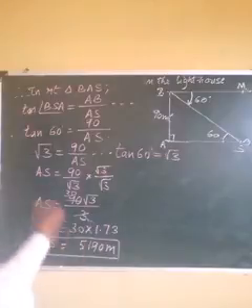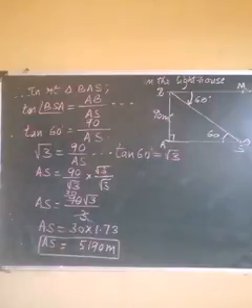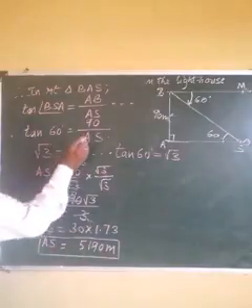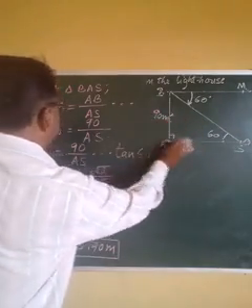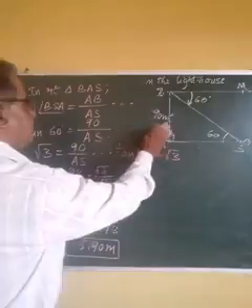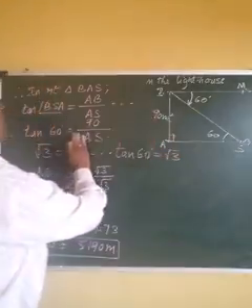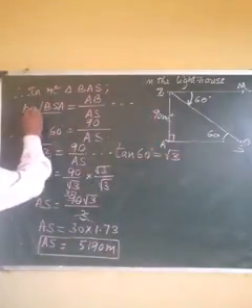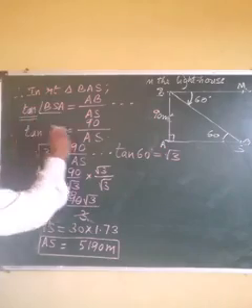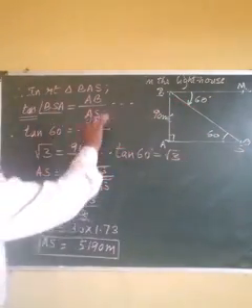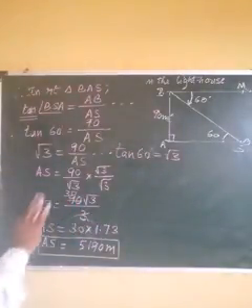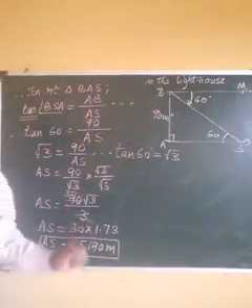From the tower or from the building, any distance can be found out. And most of the time, opposite and adjacent will be the only sides related. Either any one of these values will be given. So therefore, always we have to make use of tan. In rare cases, they may ask you to find the hypotenuse. In such cases, we have to use either sin or cos depending upon the value.